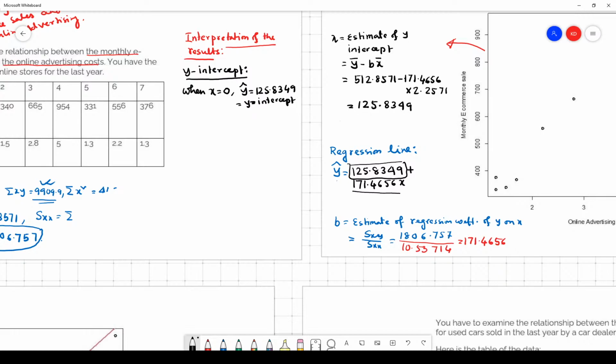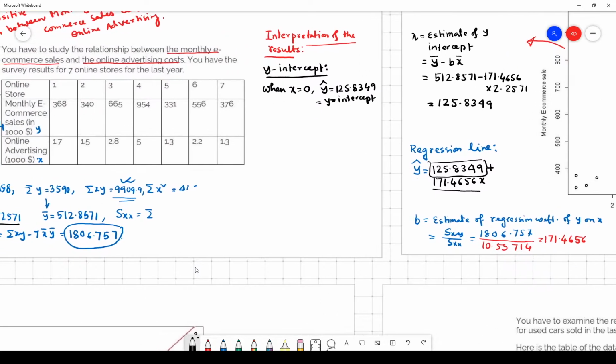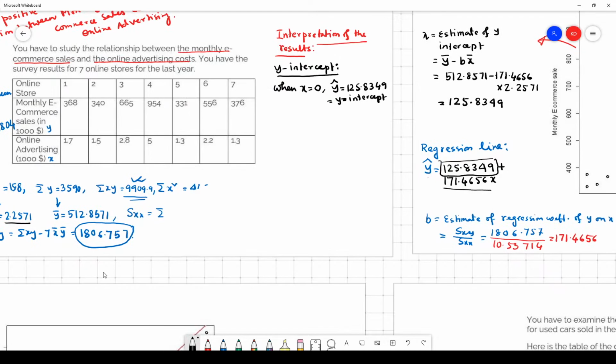Okay, so what do you mean by this? x equal to 0 means what? In a practical sense, x equal to 0 means there is no cost on online advertising,